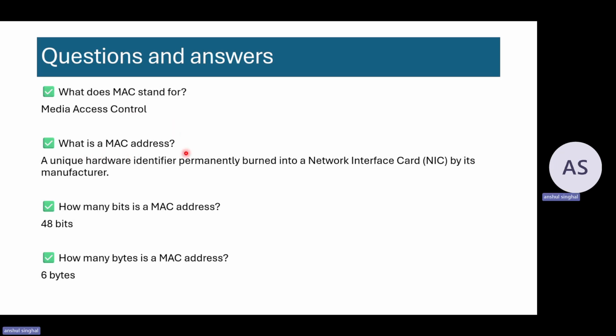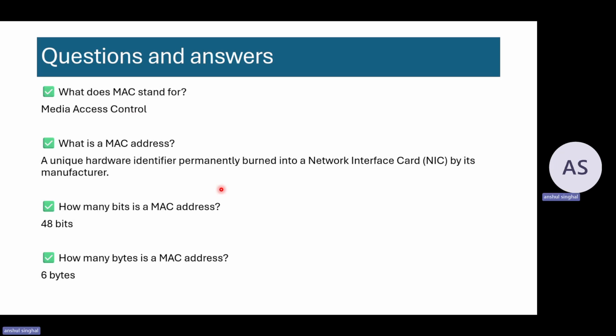So what is a MAC address? We have learned in previous videos in our computer network series that a computer network is essentially a group of devices connected in a given network. Now every device basically has an IP address, but at the same time, every device can have multiple MAC addresses. And